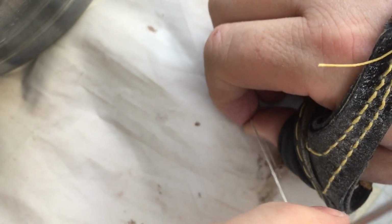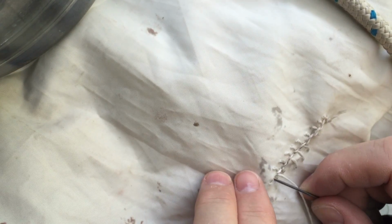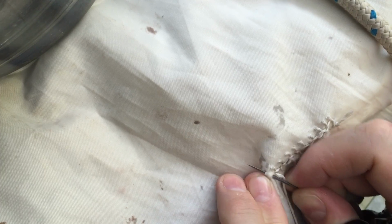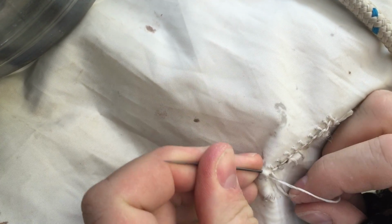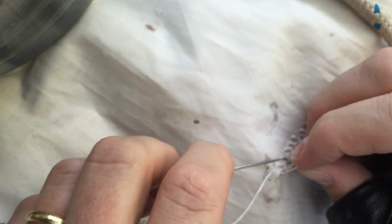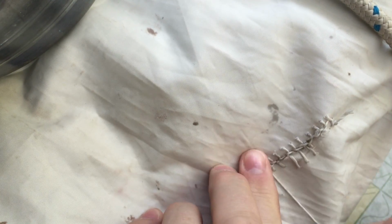And realistically, this is a much stronger repair than having the hole. If I wanted to do a really good repair, I'd probably put a patch on it both sides, but that also in turn means that you've added material. There's of course gluing and sewing everything, whereas in this particular case, just by sewing the herringbone nicely up each side, I've got a nice tidy reinforcement which will hold probably for as long as a patch would, and it